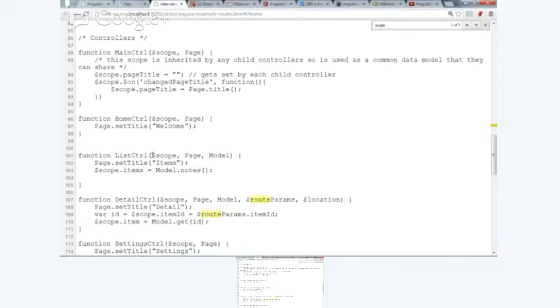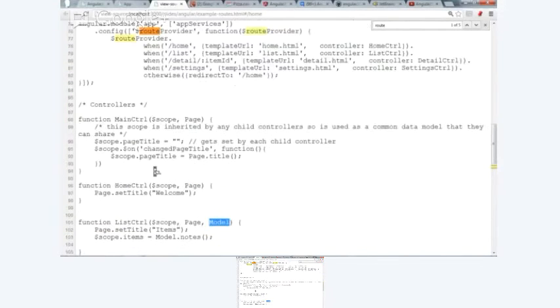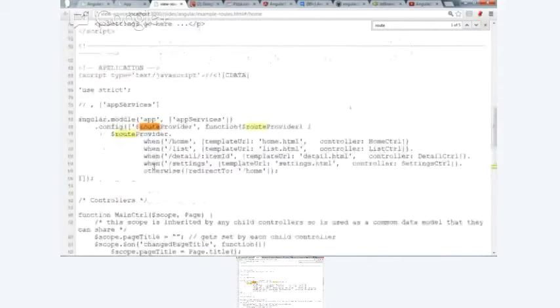This is an example of Angular's dependency injection. I have a service here that I created called page, which just sets the title, and I'm setting a scope variable for a list of items. So this page service and model are simple ones that I've created.